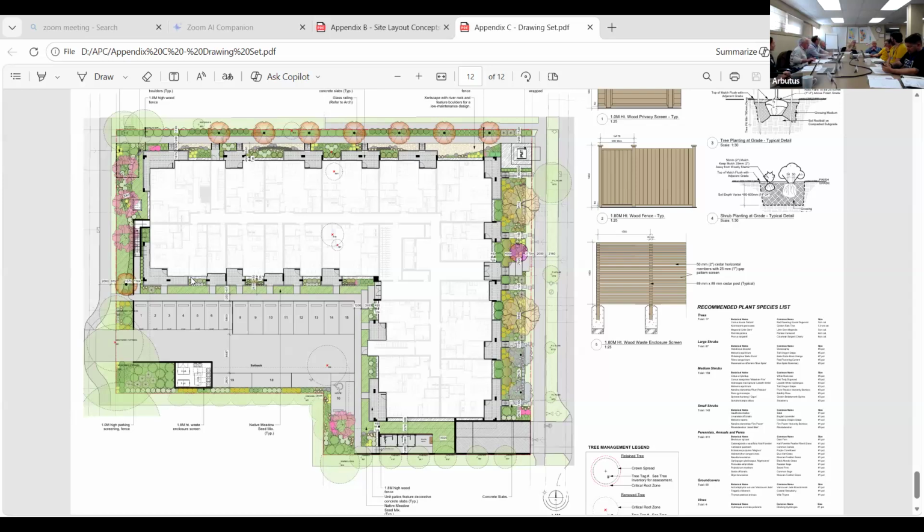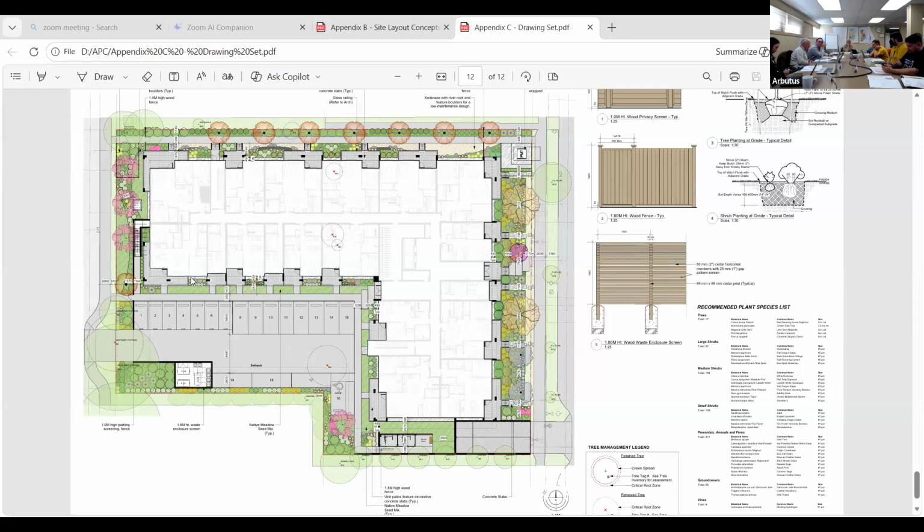Last thing I just wanted to mention before we turn it for a second time around, and I'll defer to your landscape architect, who certainly has more expertise than I do. Members of the public have been quite concerned, obviously, about those cherry trees and the potential impact of that underground ramp.